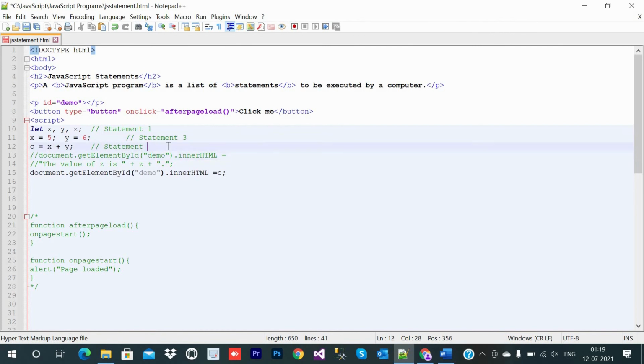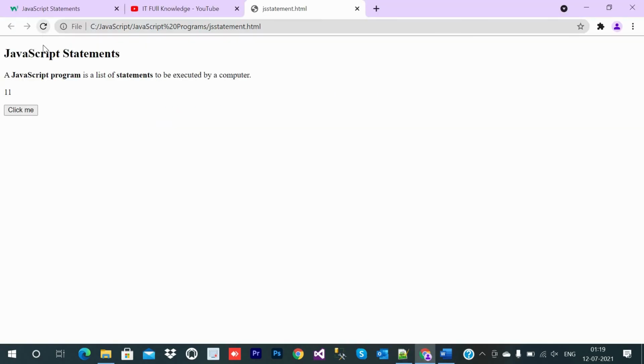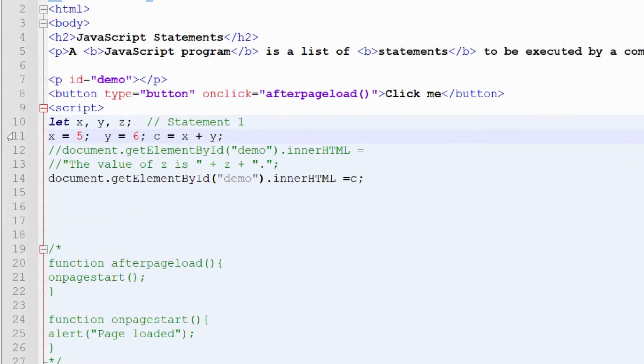If I save it, come to the browser and refresh it, you can still see 11 is coming.